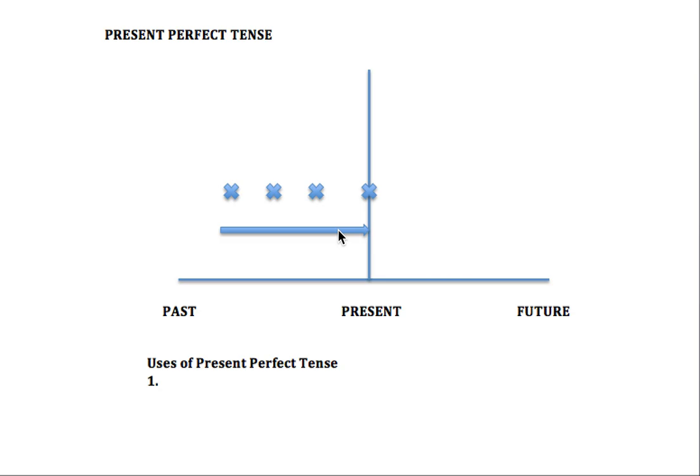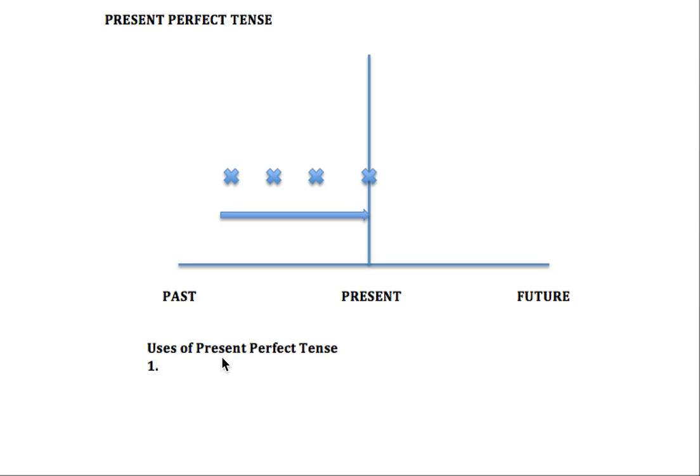So in what situation do we use present perfect tense? So the first use of present perfect tense is when we want to describe something that started in the past and it still happens in the present, or it continues to happen in the present. For example, if we take a look at the graph here